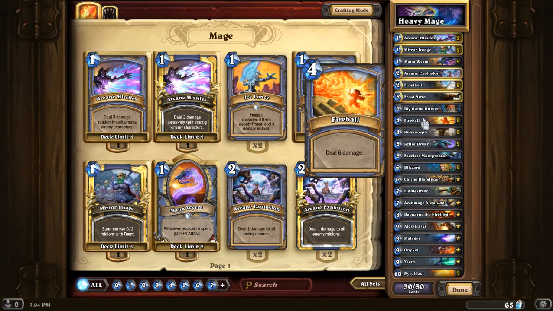The fireballs are, let's say, a Mage's trademark. I mean, if you ever make a Mage deck, you can't have one without the fireball, and right now some people use it wrong. The fireball is used at the moment more as a minion control spell rather than dealing damage to your opponent. Because let's say you have a Mana Wyrm on the board, turn 3,